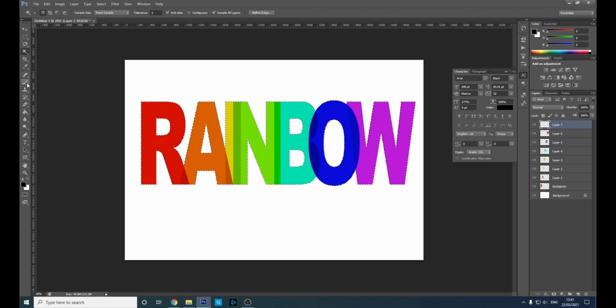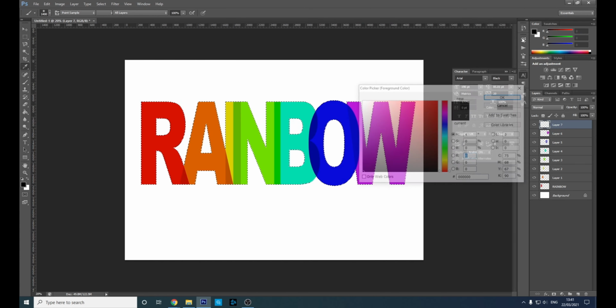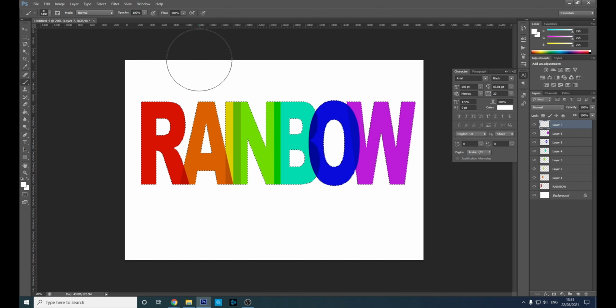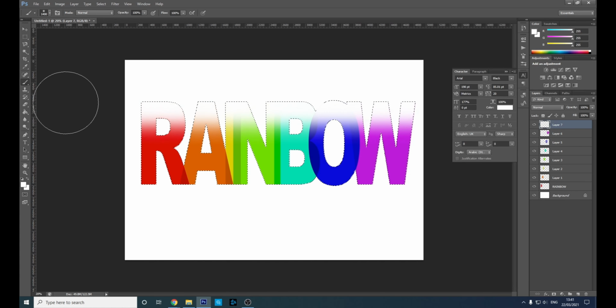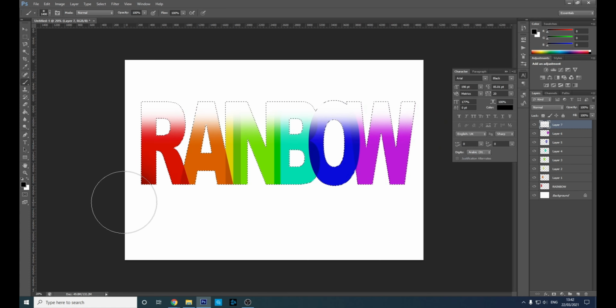Now on this layer, we're going to use a really soft brush. We'll keep the size like that. That should be fine. And on the top here, we're going to put highlight in. So we're going to click, hold shift, and then just drag and move it side to side. That's going to create it in a straight line. We also want a shadow on the bottom, so we'll do the same with black,